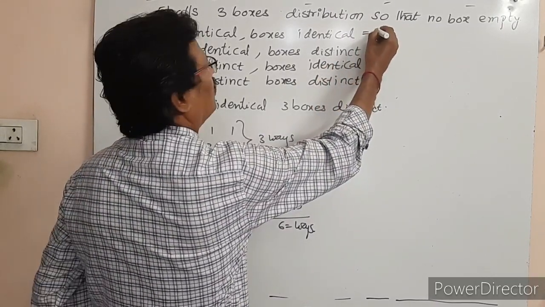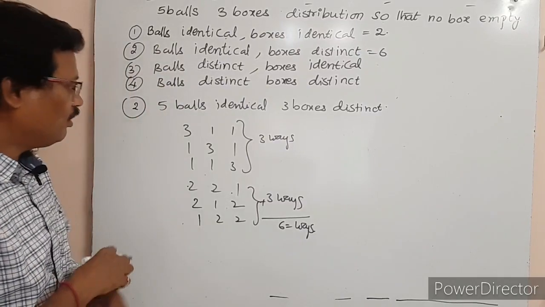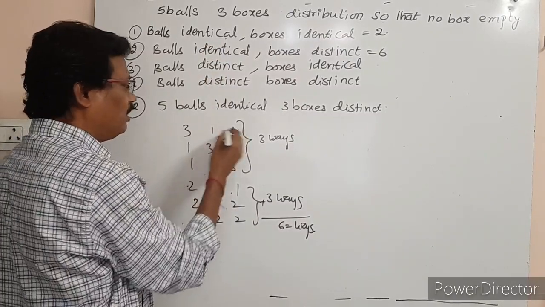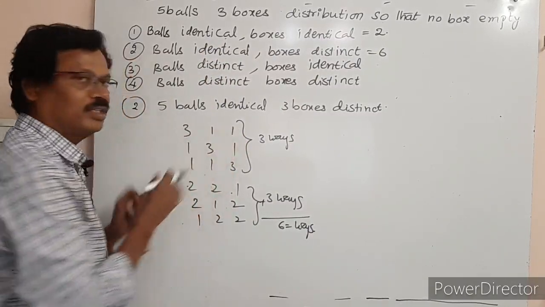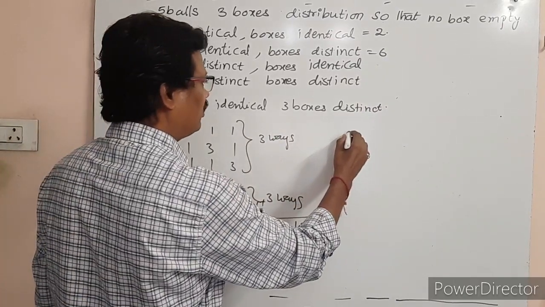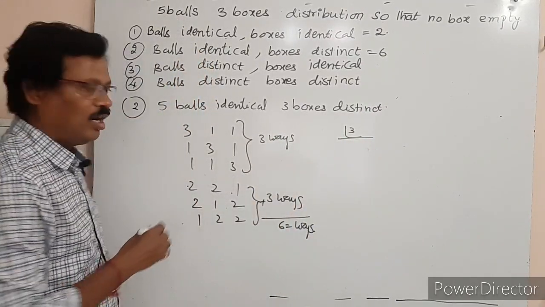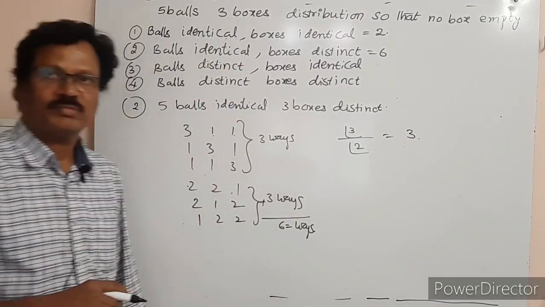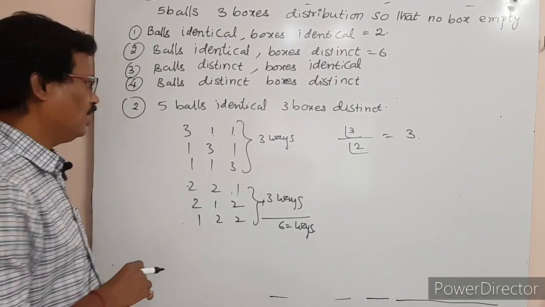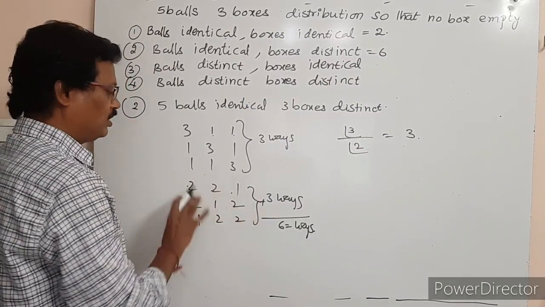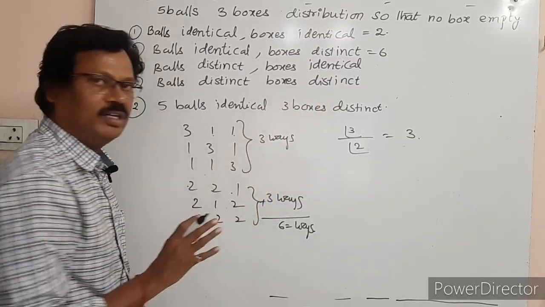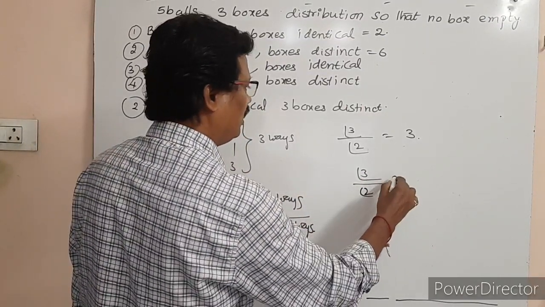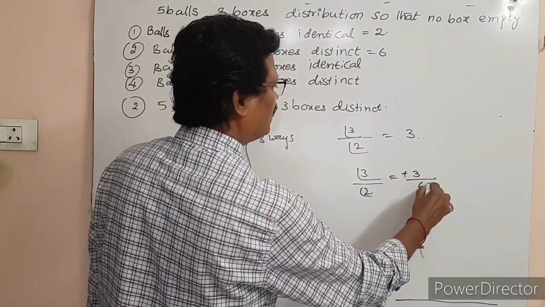This is a 2. Now, here let us see. These are the identical balls, 3, 1, 1, right? How many groups are there? Three groups, therefore 3 factorial by how many equal groups are there? Two equal groups. How much answer? 3. Okay, now here these are the three groups arranged into the three different boxes. 3 factorial, two groups containing the same, 2 factorial. Therefore, this is 3. Therefore, the answer is 6 ways.